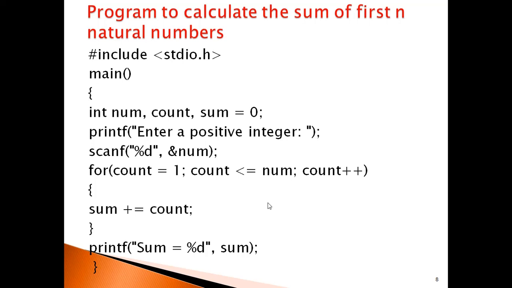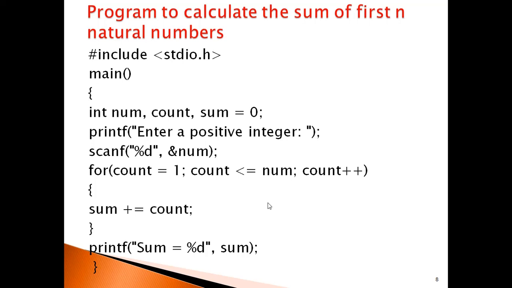After the declaration, printf prints "Enter a positive integer" on the screen. By using scanf, we read the number and store it in the num variable. Then for count equal to 1: we are using the count variable to repeat the loop, to execute the loop a finite number of times.